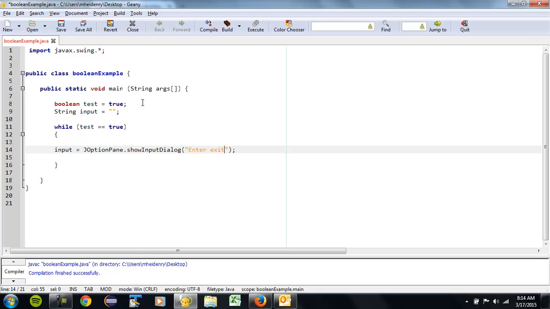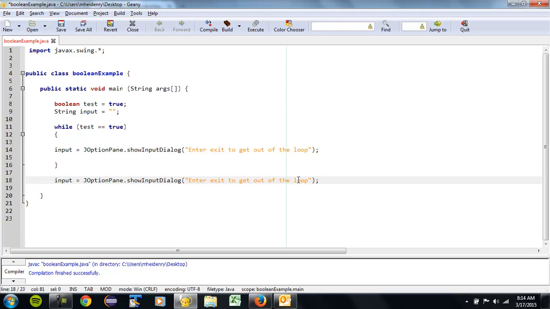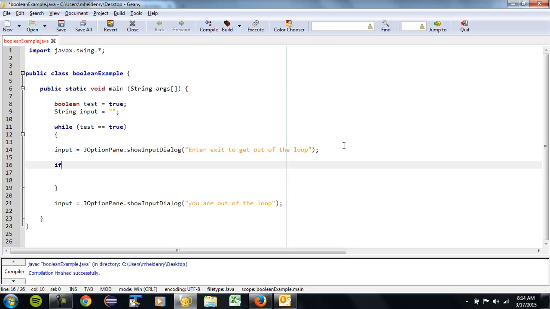Enter exit to get out of the loop. And I'm going to throw this down here, just saying you are out of the loop. So we'll use an if statement to test if the user enters something. If input dot equalsIgnoreCase